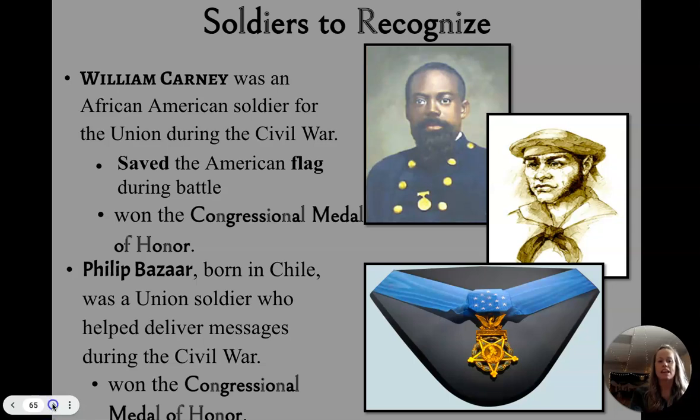And I believe that is it. We are going to pick up with Reconstruction with the assassination of Abraham Lincoln. So, spoiler alert, he is shot and killed not long after the Civil War, leading us into a time period called Reconstruction, the rebuilding of the United States after the Civil War.